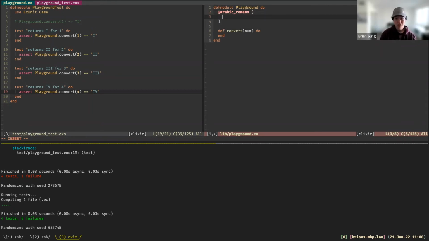Here I'm going to define tuples of the possible Roman combinations you can have, right? So at least the special ones, right? Because 4 will correspond to IV, and then 1 is just I. We're not defining 2 and 3 because it's just going to fall back to I, if that makes sense.